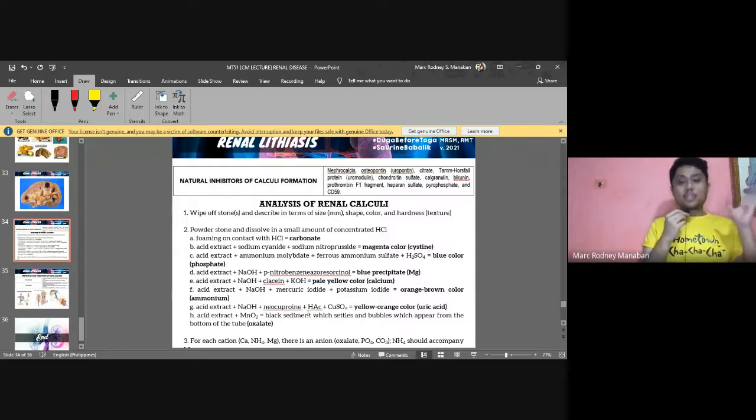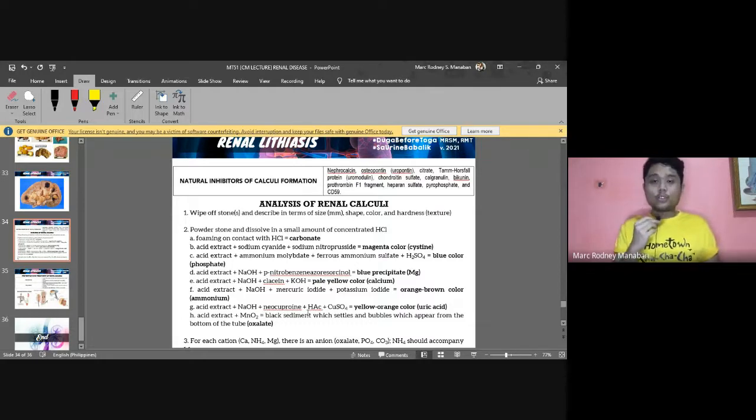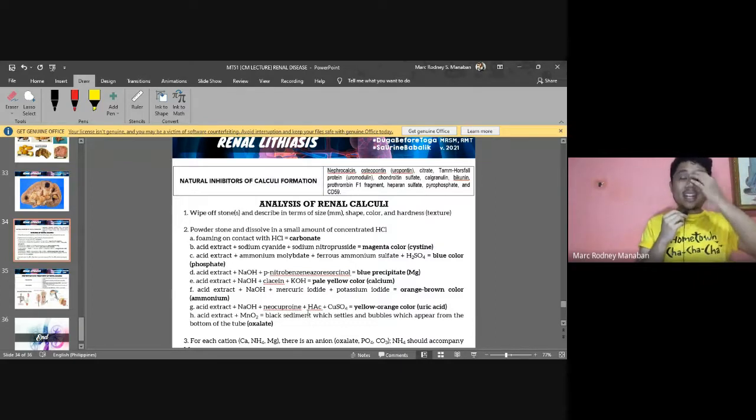Okay, so those are the expected results using different chemicals. I think in routine laboratories, the identification of stones is probably done in histopath, and they usually use their own procedure. I'm not really sure about the procedures or the main procedure, but this is from my review notes in Lemar. I'm not sure what resource it came from, or which book, but it's based on older books on urinalysis. So take note of that, dears. It might still come out.